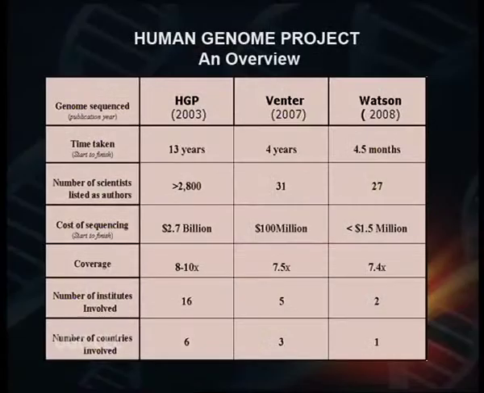So, as of now, the Human Genome Project took about 13 years, and Venter's genome sequence, which was published in the year 2007, took about 4 years, and Jim Watson, who discovered the structure of the DNA, had his genome completed within about 4.5 months. As we speak, the effort, the cost and the time it takes